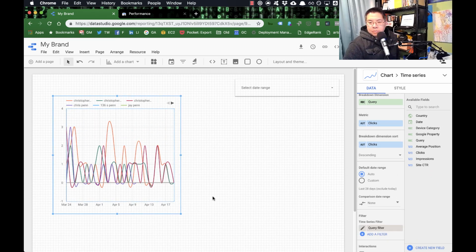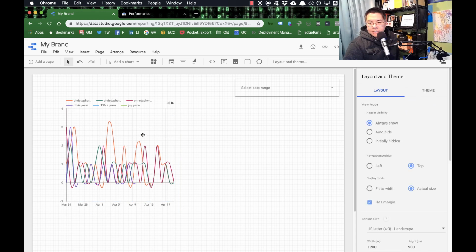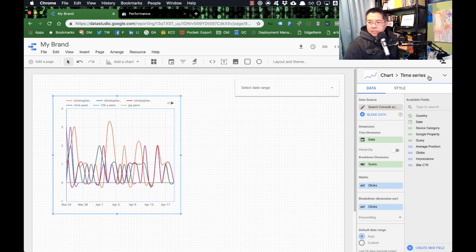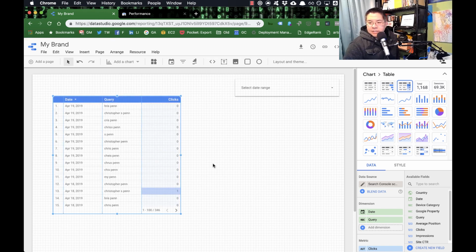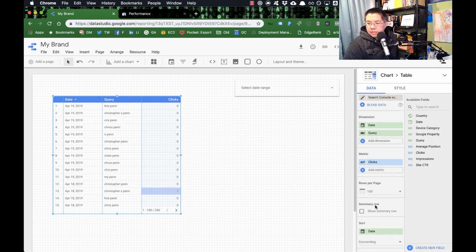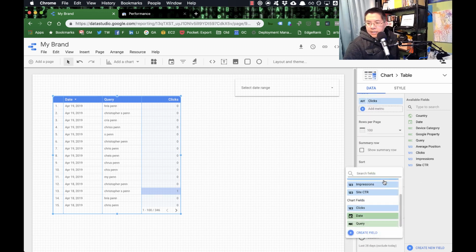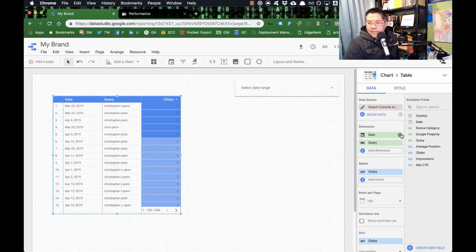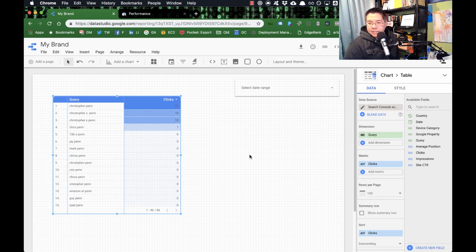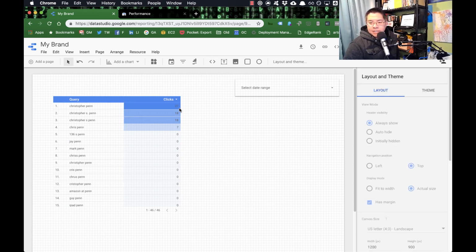And now, what I have here, that's really not the best visualization for that. Let's change that from that to just a table. And let's make sure our sort now is by clicks. I don't know that I need date here. I think I'll probably just get rid of that. There we are. Now I have a very simple dashboard of people searching for my name and the number of